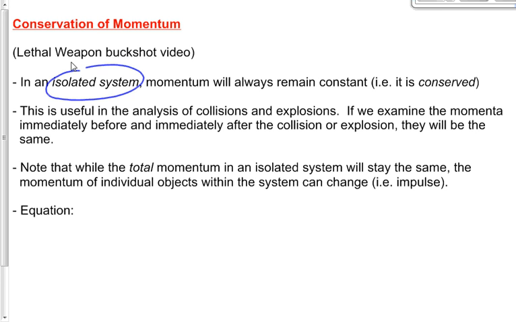What do we mean by an isolated system? You guys remember that? Good. No matter or energy in or out. That's the technical definition for an isolated system. But really what an isolated system means is you've got no external forces. You've got no forces coming in or out of the system. No friction that's causing something to slow down. No air resistance that's causing it to slow down. Nobody pushing it that's causing something to speed up. You've got no external forces.